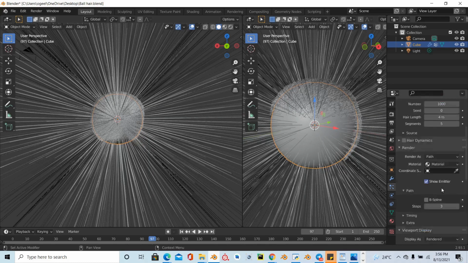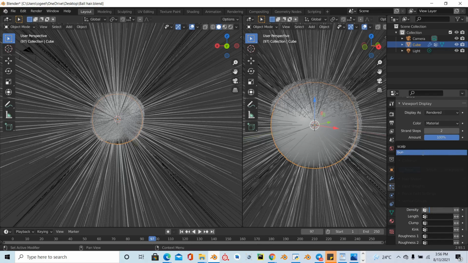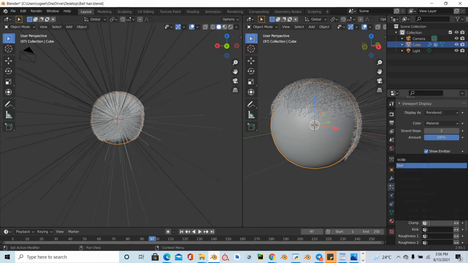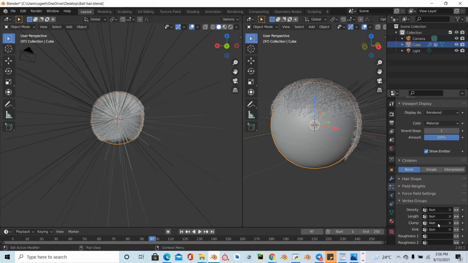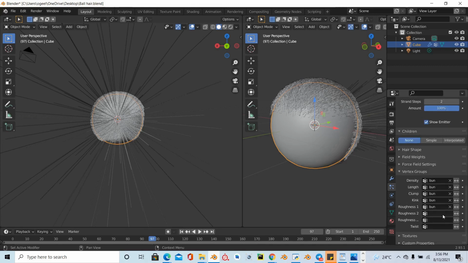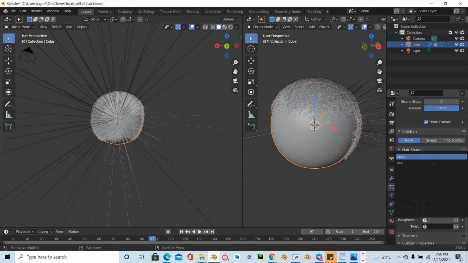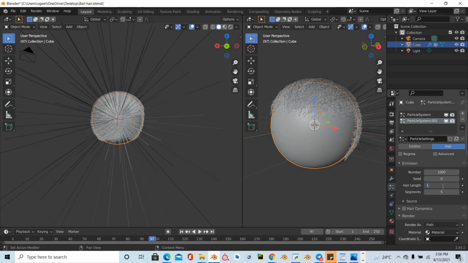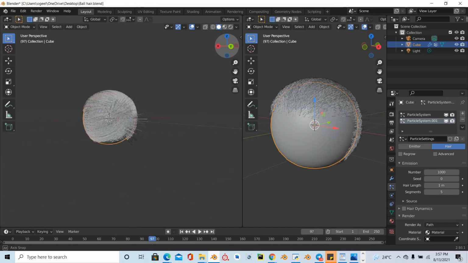Now we go all the way to the vertex groups down like we did for the scalp, which is the base, and select bun for every single parameter there. As you can see, the new particle system we have created is now localized to just that area that we've weight painted. Alright, reduce the hair length to 1m,